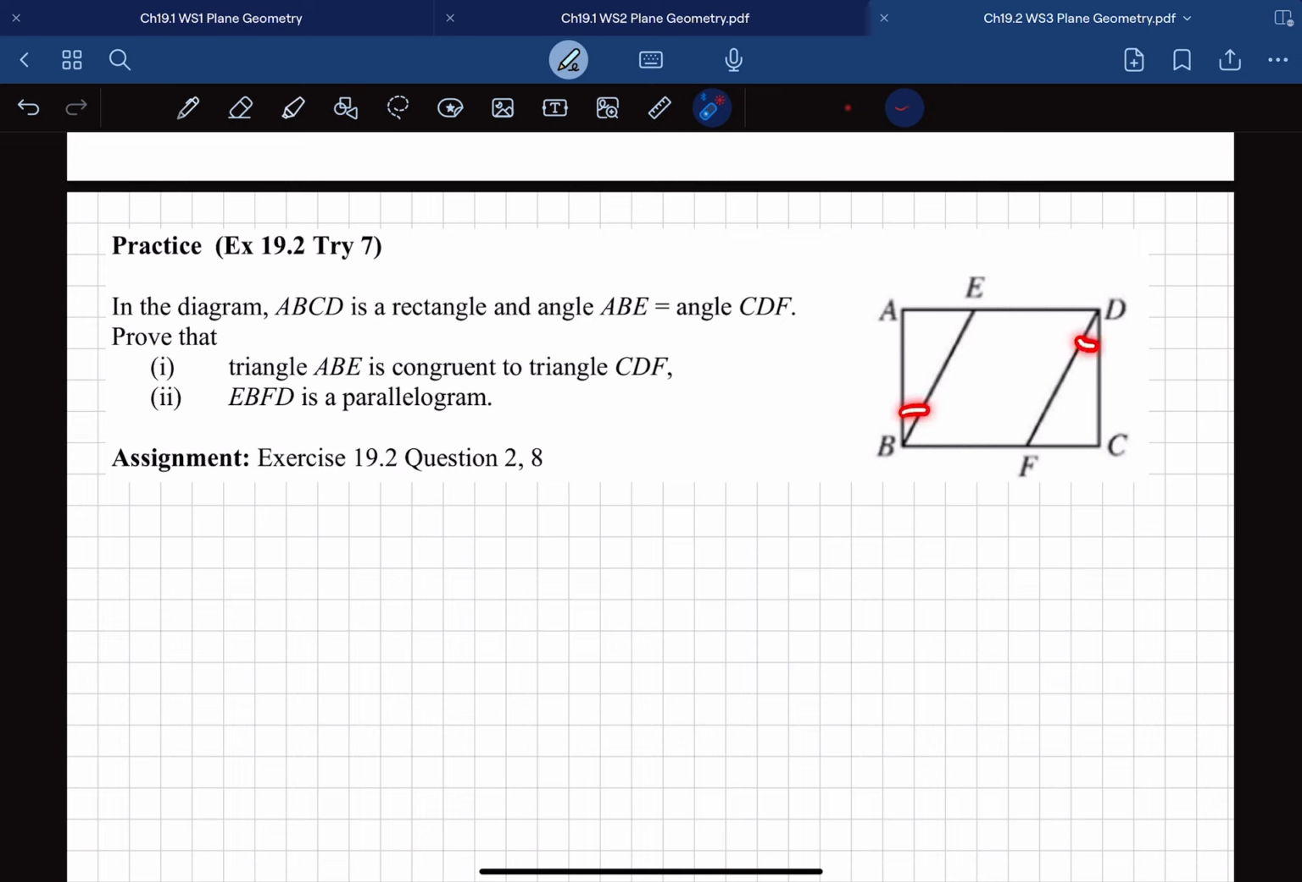These two angles are the same. If this is a rectangle, I know that this must be 90°, and therefore I also know that this side is the same as this side in a rectangle. So therefore, for part 1,